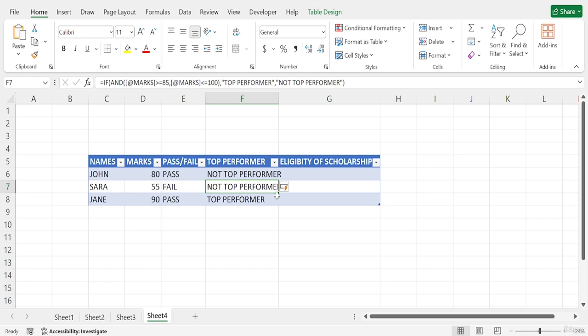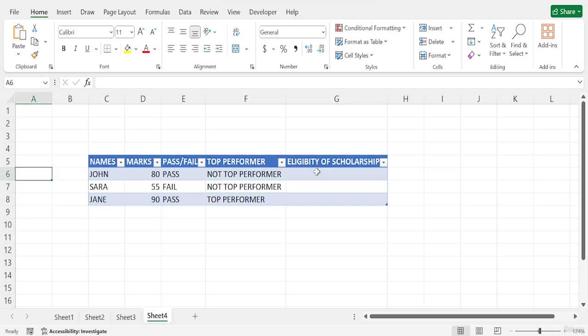And now I close this condition. If I press OK, as you can see John is not top performer, Sarah is not top performer, and Jane is the top performer of the class. So this is the process. You can use the AND function as well as the IF function both.